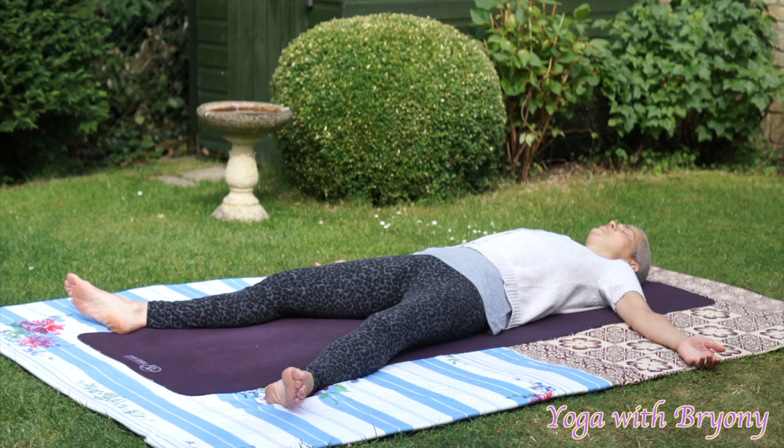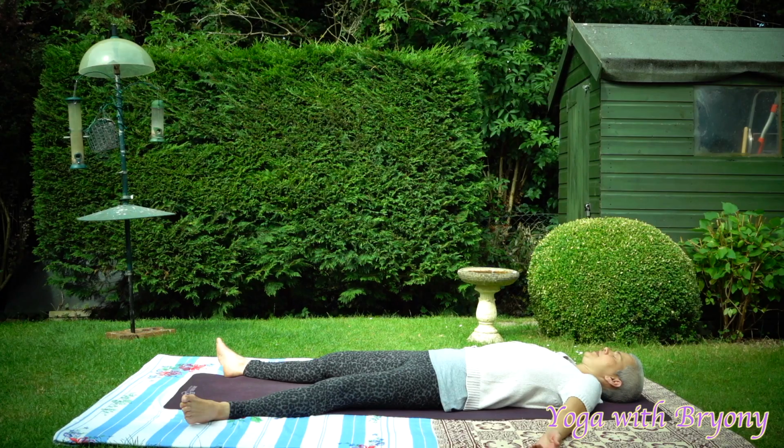Relaxing through the jaw, the mouth, the tongue, lips, face, ears, neck, shoulders, right shoulder, right upper arm, lower arm,